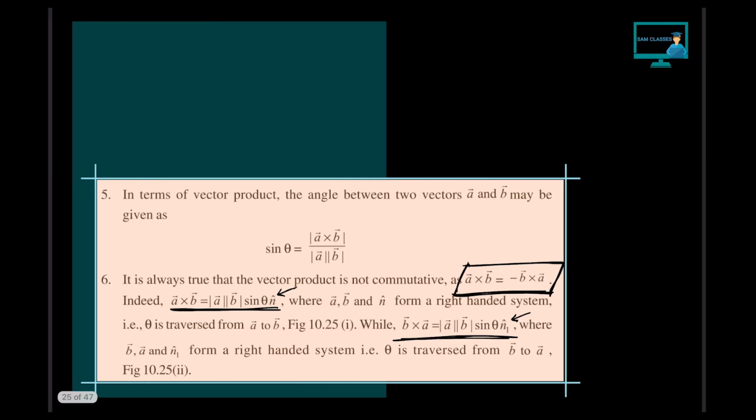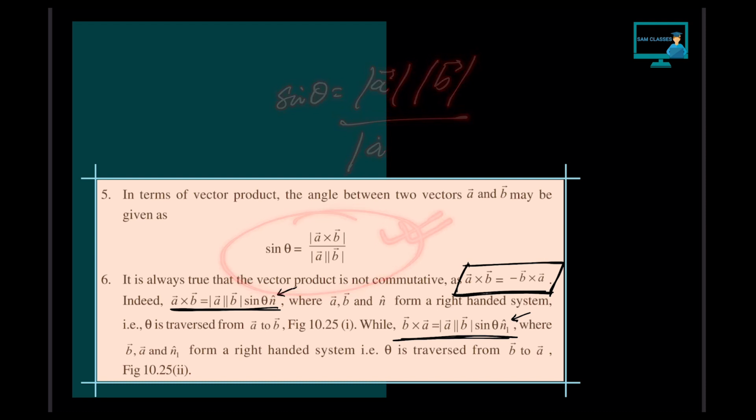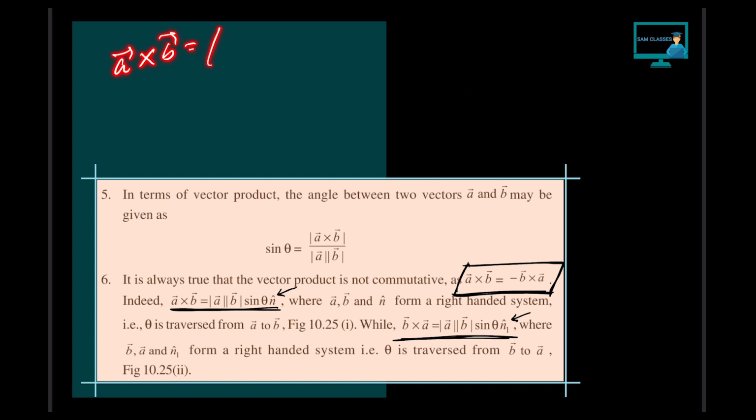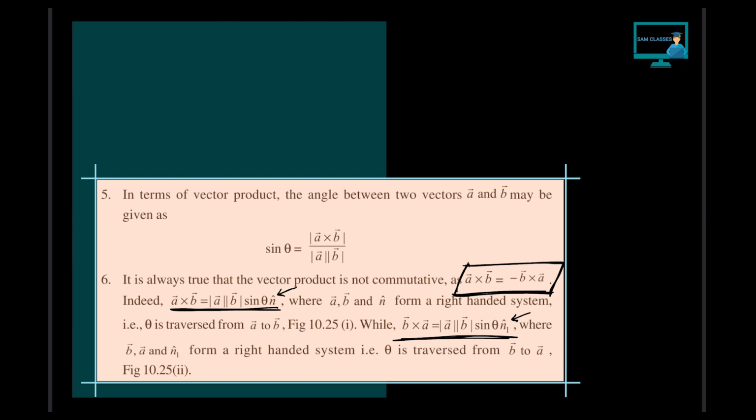Now, how to do a cross product? You can do it simply. I'll show it also. Now, the angle between two vectors we can also find using this method. We already know a vector cross b vector is equal to mod of a, mod of b into sine theta into n cap. So if I take mod of all of it, I'll get mod of a vector cross b vector divided by mod of a mod of b, and that is equal to sine theta. Now what happened when I took mod of n? That vanished because it became 1. So we can use that formula.